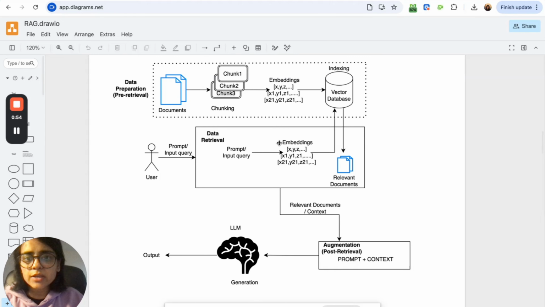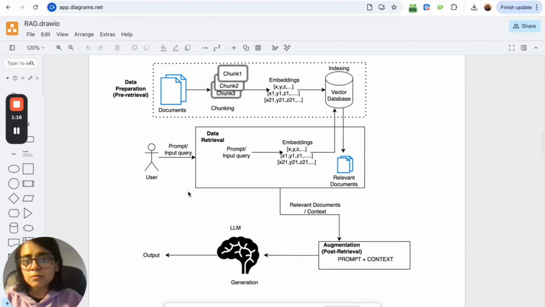So, let's do a quick recap of naive RAG before jumping onto the problems that exist with naive RAG. It has three different stages. One is the pre-retrieval stage, wherein we collect all the documents, split those documents into separate chunks, and then create embeddings for those chunks and put them in vector databases.